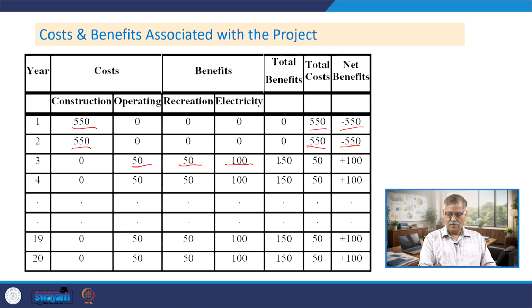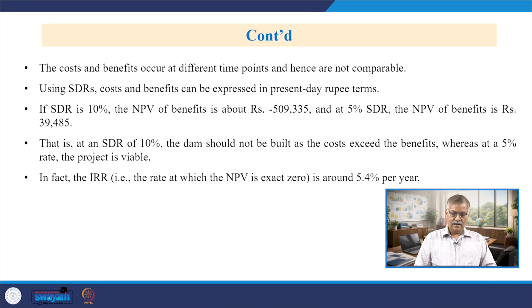So, in this way 150,000 is the benefit and operating cost is only 50,000. So, net benefit received by the project is 100, and now it will carry on up to 18 years, and in this way you can calculate the project's cost and benefits, and when you apply the formula of cost and benefit analysis, then you will find that if you use 10% social discount rate, then net present value of benefit